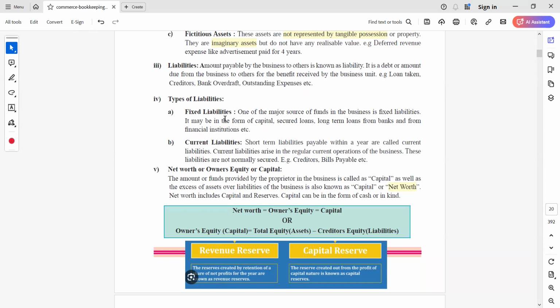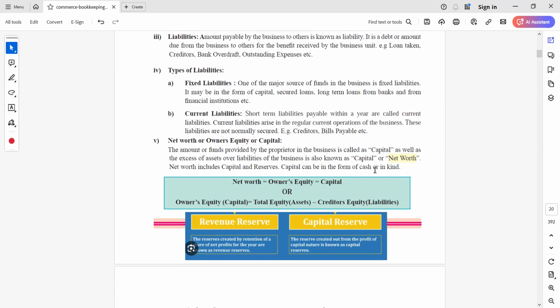In case of current liabilities, जब आप कुछ परचेस करते हो आपके वेंडर से, तो नॉर्मली यू डोंट गिव देम एनी सिक्योरिटी। बहुत सी बड़ी बड़ी कंपनियां हैं यहाँ पे, ये लिया जाता है कुछ as a security, लेकिन जो नॉर्मल ट्रेडर्स रहते हैं, most of the purchases are without security।